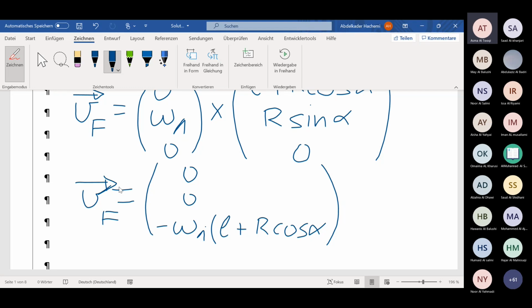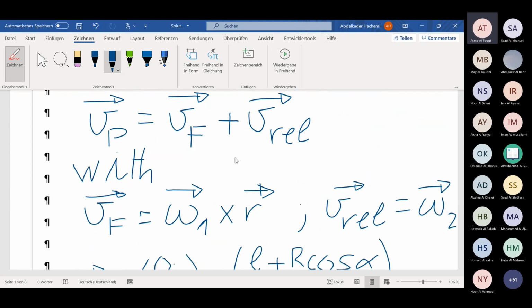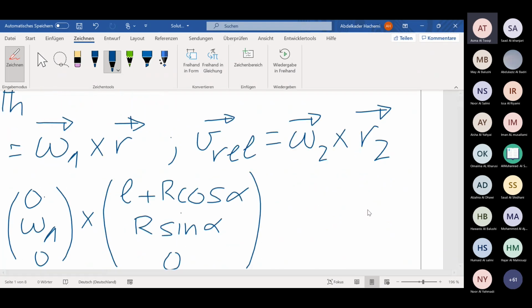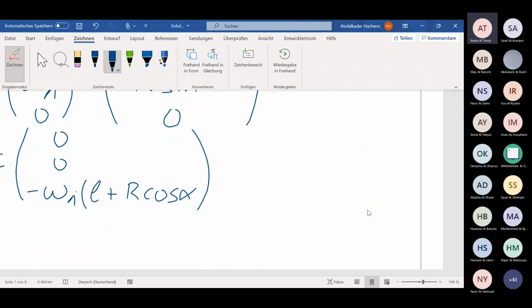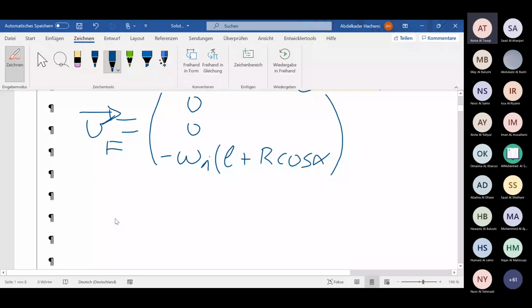Okay, now coming to the expression of Vp, V relative, it's omega 2 multiplied cross R2, okay? Now we have V relative